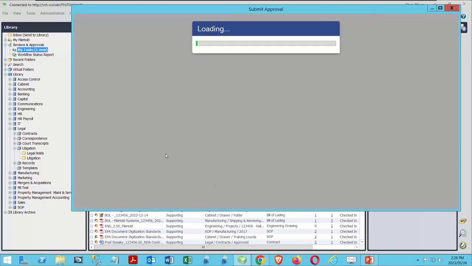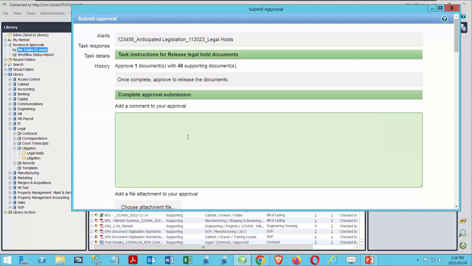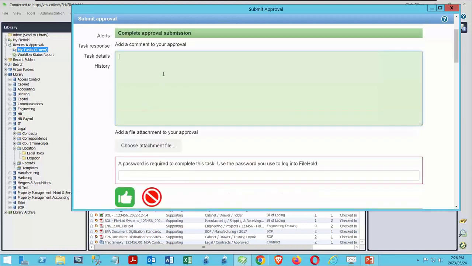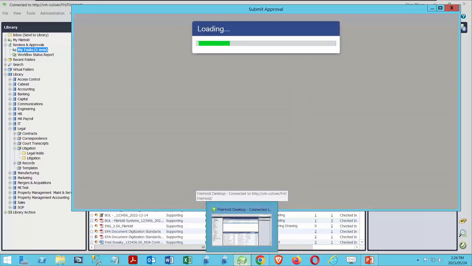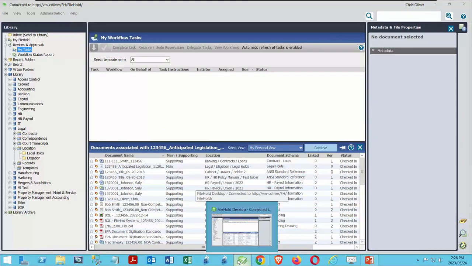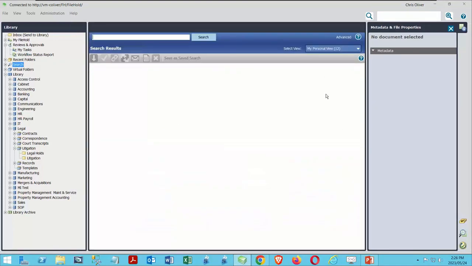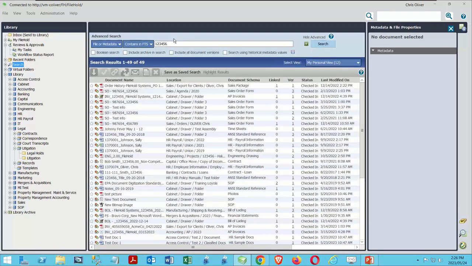So let's say, yes, I'm going to approve this because we no longer need to have these under legal hold. So we can say legal action did not move forward. So I got a nice explanation on this. Password is required. I enter my password and I say, OK. So approval submitted, and now if I go back and we'll do our search again, and we're going to look for 1, 2, 3, 4, 5, 6, because that was my matter number, and we find all of our documents,